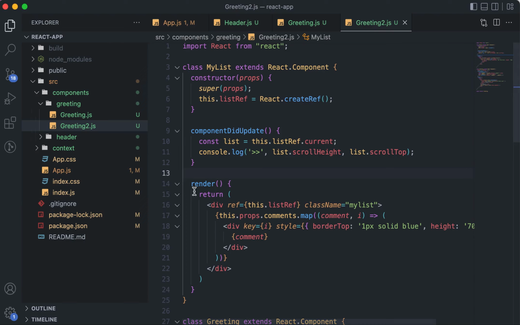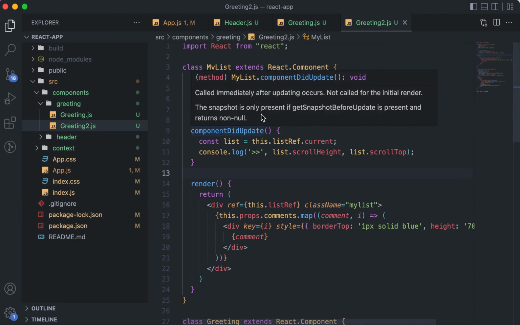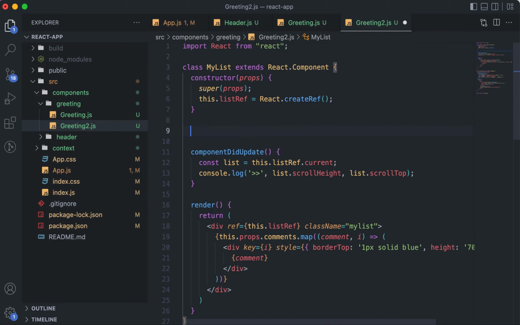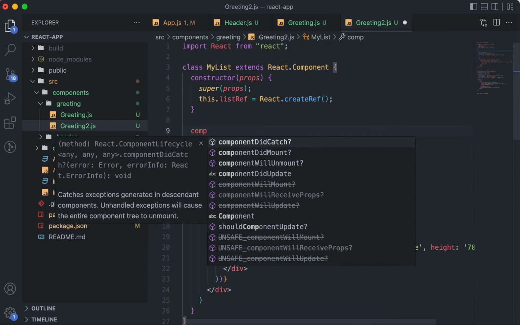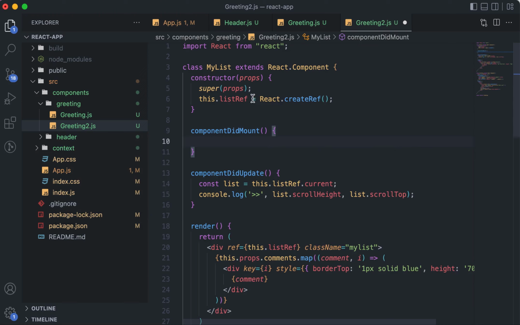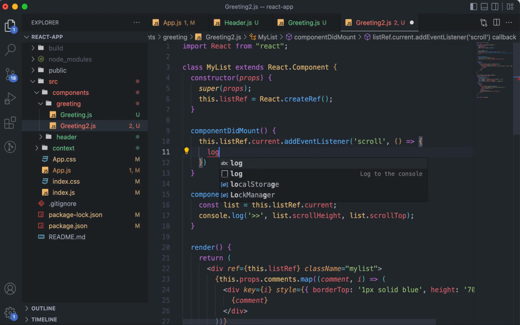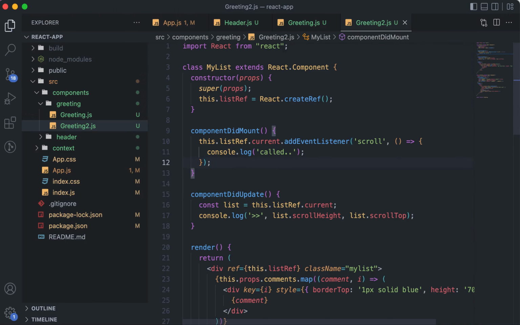So for that, there is an event listener which you can add. We have learned this, right? So on component did mount, what I can do is take this, this is the DOM reference, dot current. On that I can add an event listener, and the event name is scroll, and then you can pass a function. Just print "called" here, and you can see